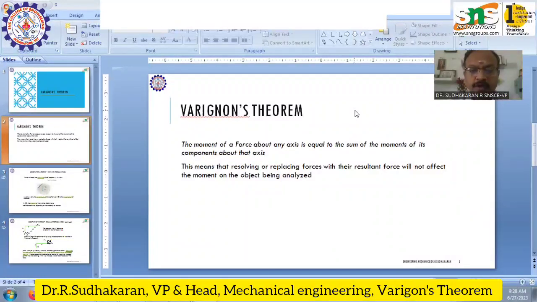So today we are going to see another interesting topic in engineering mechanics, that is Varignon's theorem. This theorem is a real life practical application oriented theorem which helps to determine